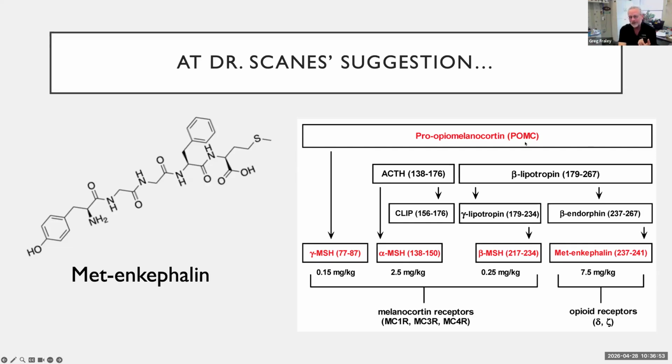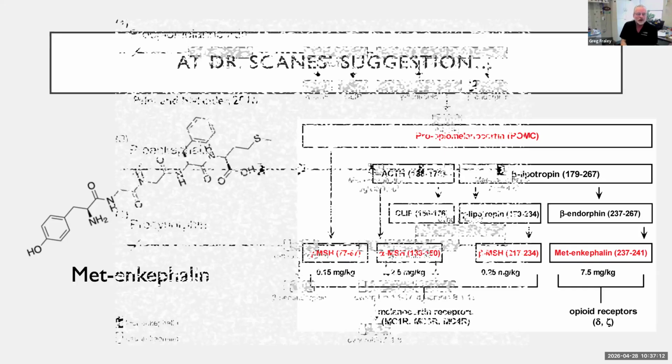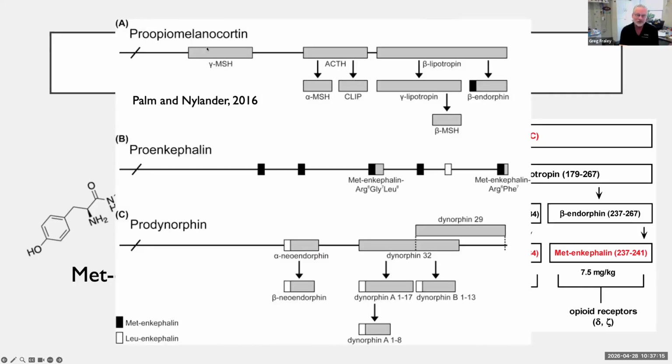Okay, but alternate transcripts in the brain. So POMC itself in the brain is a neuromodulator, a neuropeptide that has many different behavioral effects. But alternate transcripts of the POMC gene can produce all of these different things, including metenkephalin. Metenkephalin is also produced not only by POMC up here in the top panel, but by the proenkephalin gene. And so all of these black boxes are different transcripts of these genes that can produce metenkephalin.